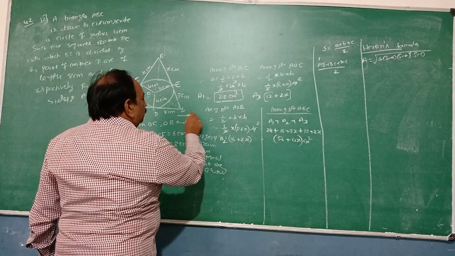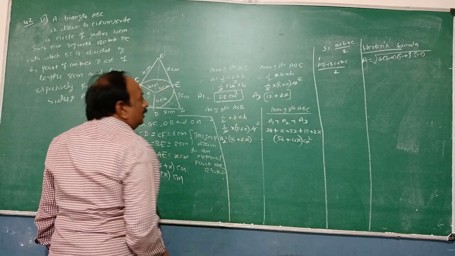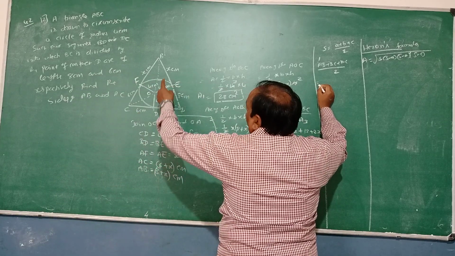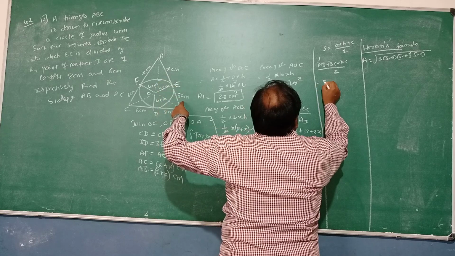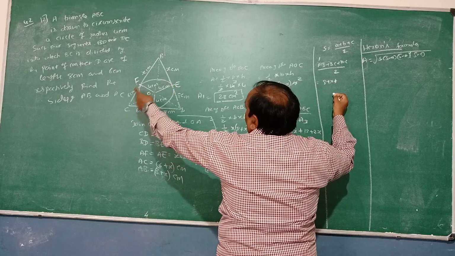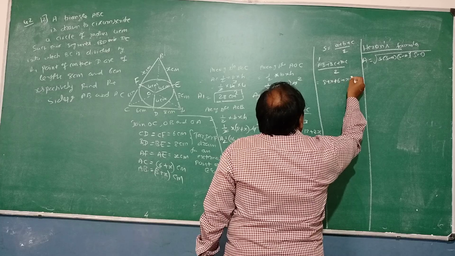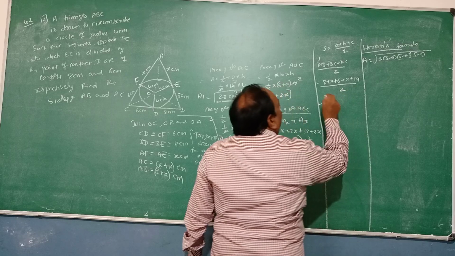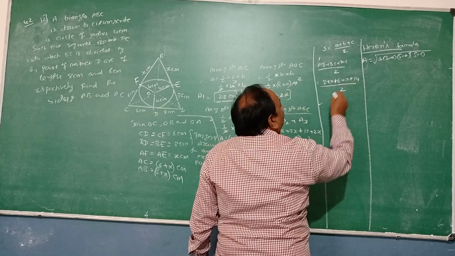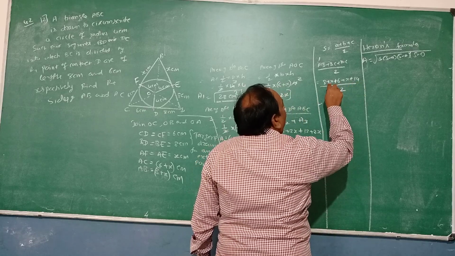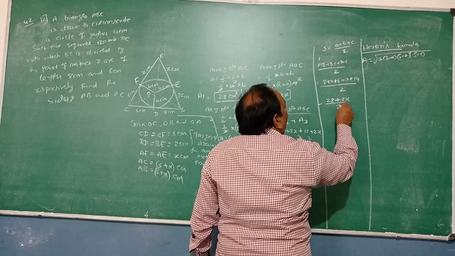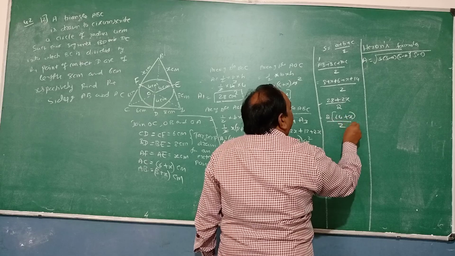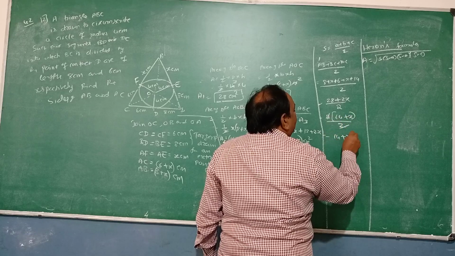This can be divided into 4 parts. That is equal to, what is AB? AB is 6 plus x. Plus 8 plus 6 plus BC, 6 plus x plus 6 plus 8, 14, by 2. 8 plus 6 is 14, 14 plus 14 is 28, plus 1x plus 1x, 2x, by 2. 2 is the common factor. 14 plus x, divided by 2. The 2s cancel. What is the perimeter?